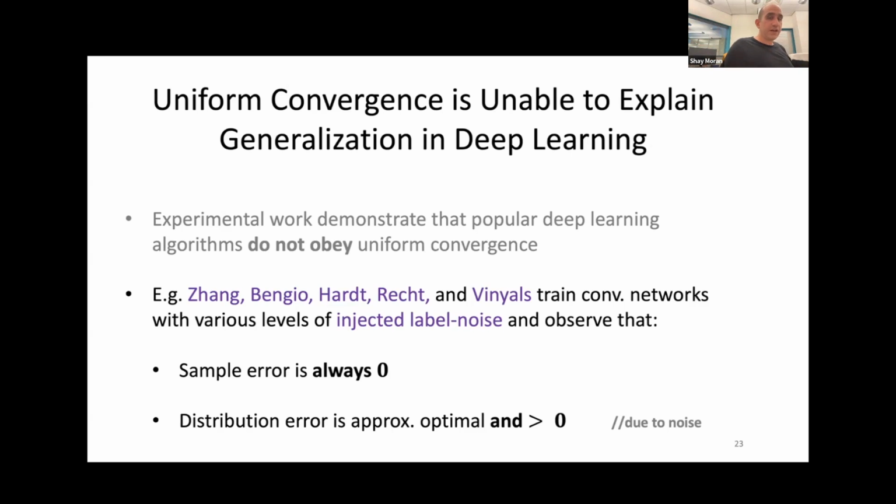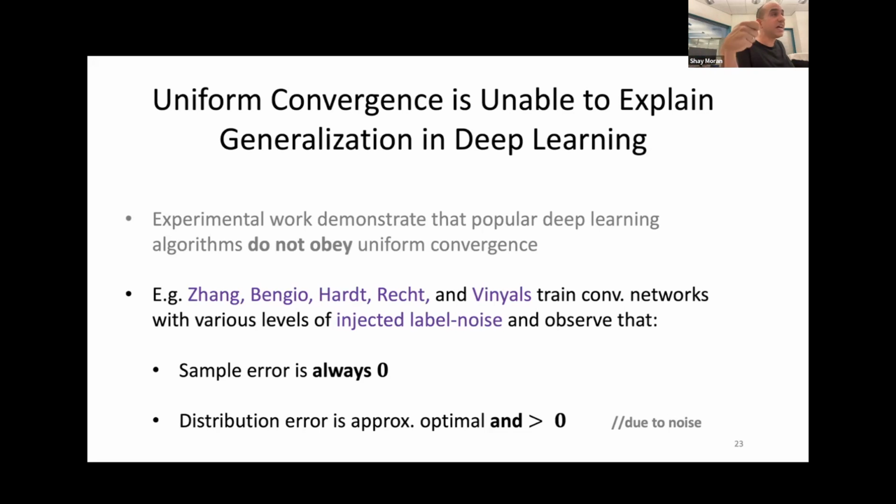And what they observed is something amazing. The sample error, right, so you train the algorithm, it spits out this huge neural network. And then you can check how this neural network behaves on the training data and how it behaves on the test data, on newly drawn examples. And what they observe is that the sample error was always 0. Even on those examples that were corrupted, it basically interpolated the noise. It overfit to the noise, always. No matter what p was, the sample error was consistently 0.